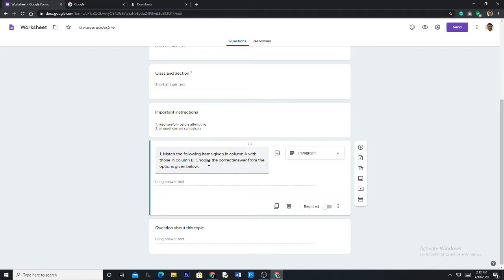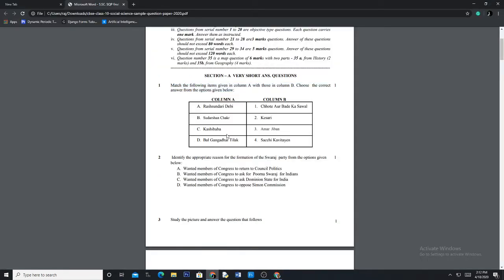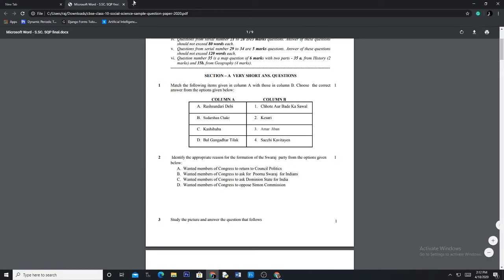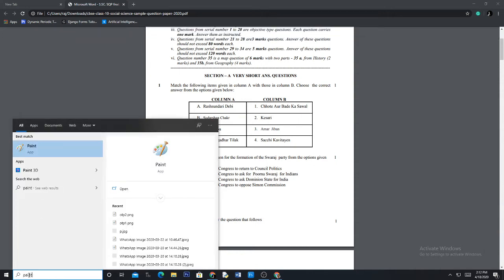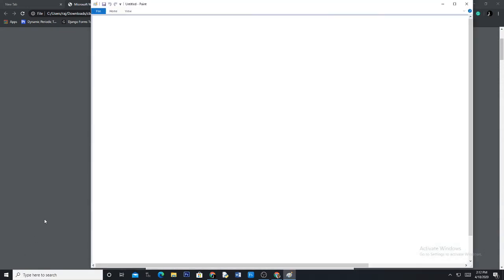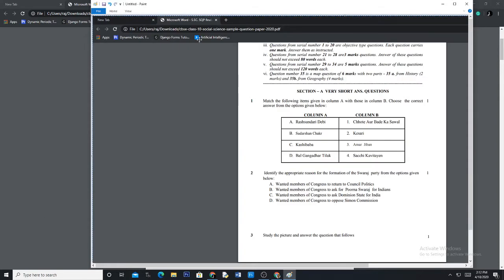Okay, these are grammatical mistakes. Now I want this part to be given, so I'll make it an image. Okay, instead of writing everything, how I am inserting this image, please see very carefully. I'll do a print screen on the keyboard. I did a print screen. Then I'll go to paint. Okay, and then I do Control V. The whole thing comes here.